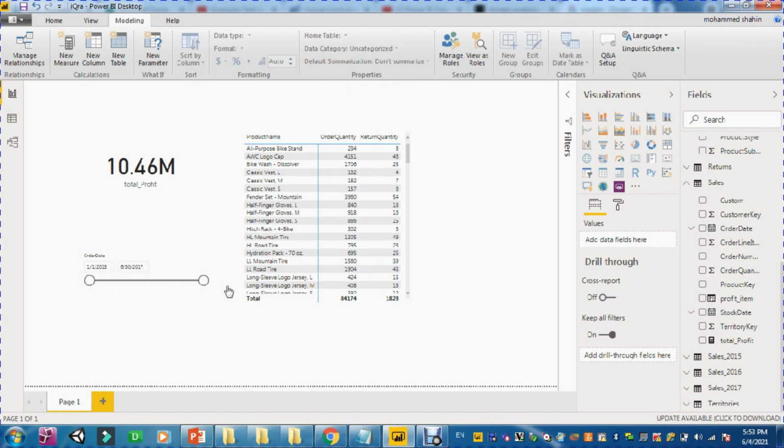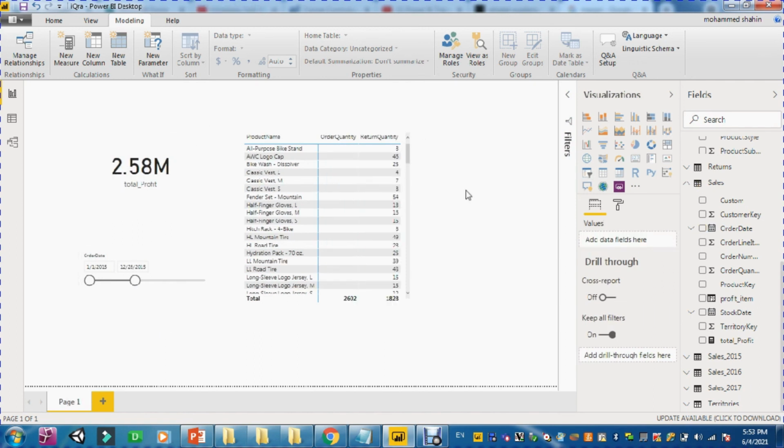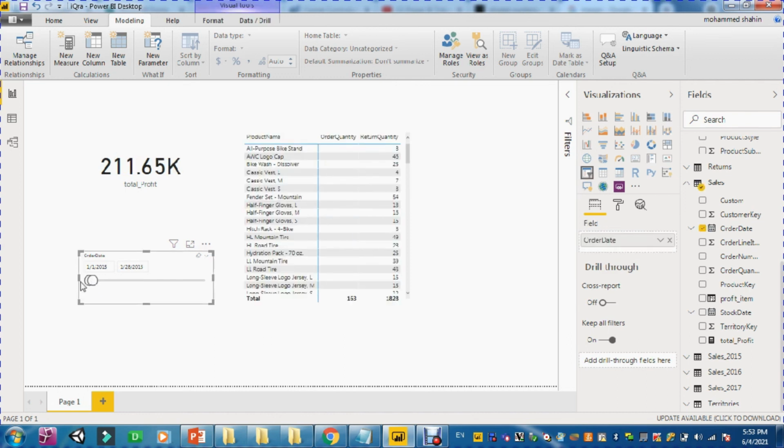Between 2015 and 2017, let us assume that I just want the profit for 2015. So I'm going to change the slicer, and I will make it only for 2015. As you can see, all the other visuals were updated to show you the first year, which is 2015. And if you want also for only 1 month, for only January, you can also do that, right? So this is how to show the total revenue